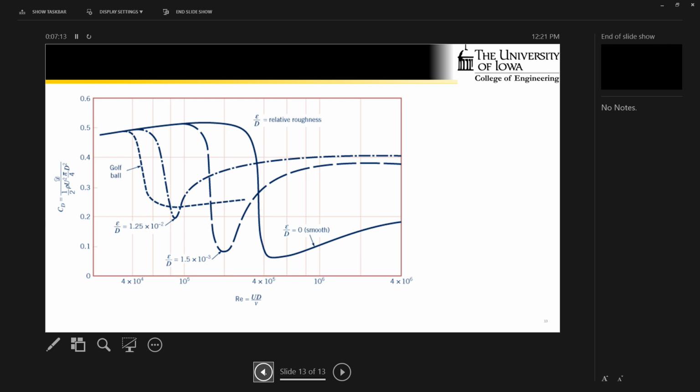So if that golf ball were smooth, you would be paying a really large drag penalty because the flow is still laminar. But by dimpling it sufficiently to promote turbulence, you've actually minimized the amount of drag. That's why a dimpled golf ball will actually fly further and faster than a smooth one. And I've got an example on this. We don't have time to go over it now, but we'll talk about it at the beginning of the next